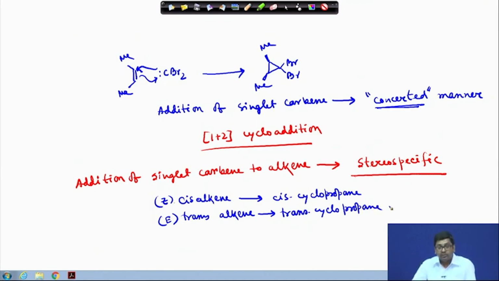Okay. So, it is obvious that when this type of reaction happens through a concerted manner via the singlet carbene,